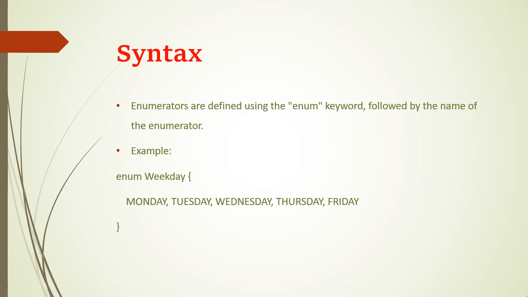We can see the example here, enum followed by the name of the enumerator, that is weekday. As we are using Java as a programming language, the constants are within the curly braces, and the constants declared are Monday, Tuesday, Wednesday, Thursday and Friday. So even before using the enum keyword, we were declaring such constants by using the final